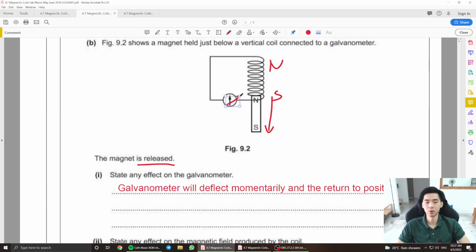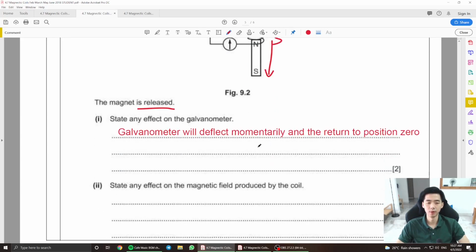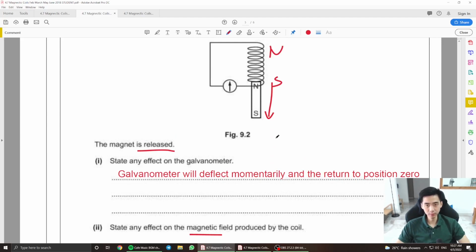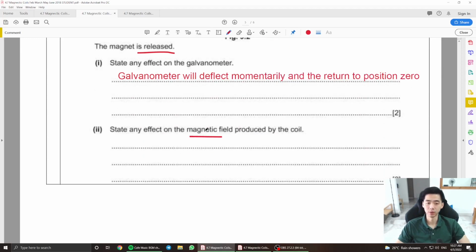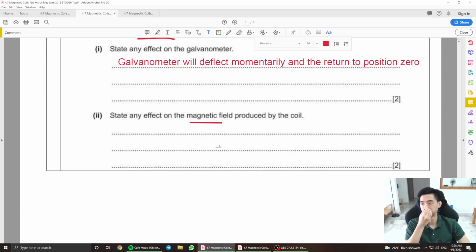It will produce a current for a while, then after that it will return back to position 0 here. Alright, and after that, state any effects on the magnetic field produced by the coil. Obviously there will be a magnetic field, right? As the magnet is dropping away, Lenz's law states that the current induced always opposes the motion producing it, so it produces this temporary north and temporary south, right? So if I were to write this down, I'll say something like